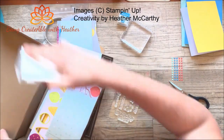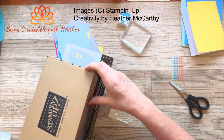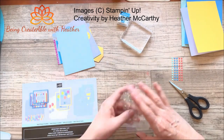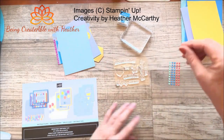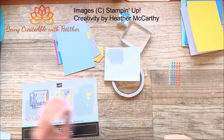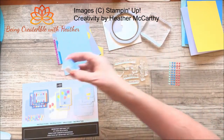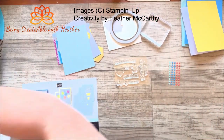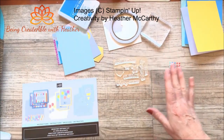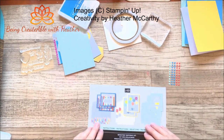We might as well chuck these bits in because I'll use what I've got on my crafting desk already rather than breaking into new ones. And right, apparently we need that. We're going to need that. I think that was it. And that can go back in there, and I'm just going to grab my big one out. Equally, if you don't have a big one, it won't matter because you can ink it up. So,